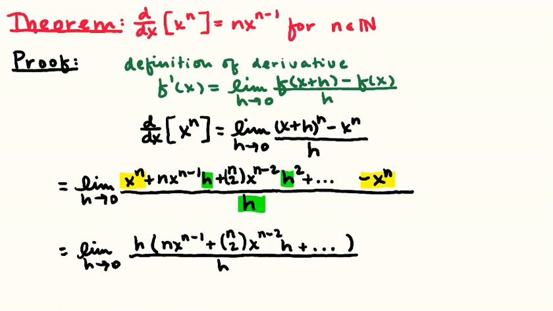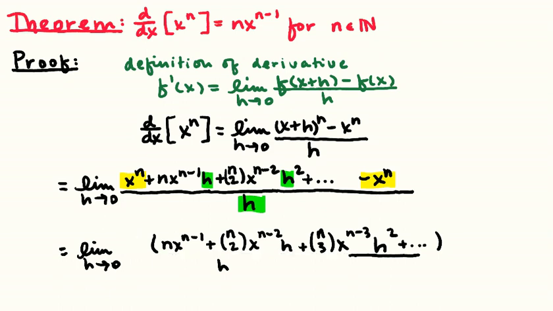And you know what else I might do? I might actually show you what the next term of this thing looks like. I could say that the next one would be n choose 3, x to the n minus 3 times h to the 2, after I factored out that one h. And then there'll be all the rest of the terms up to the point where we're taking x to the 0th power and h to the nth power. But what's important is that there's more than one power of h, so that when I cancel off these h's, oh, whoops,